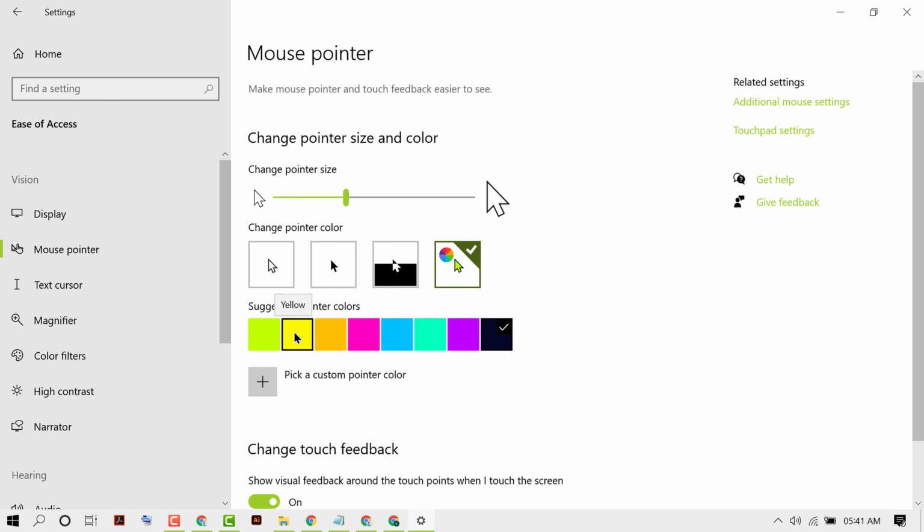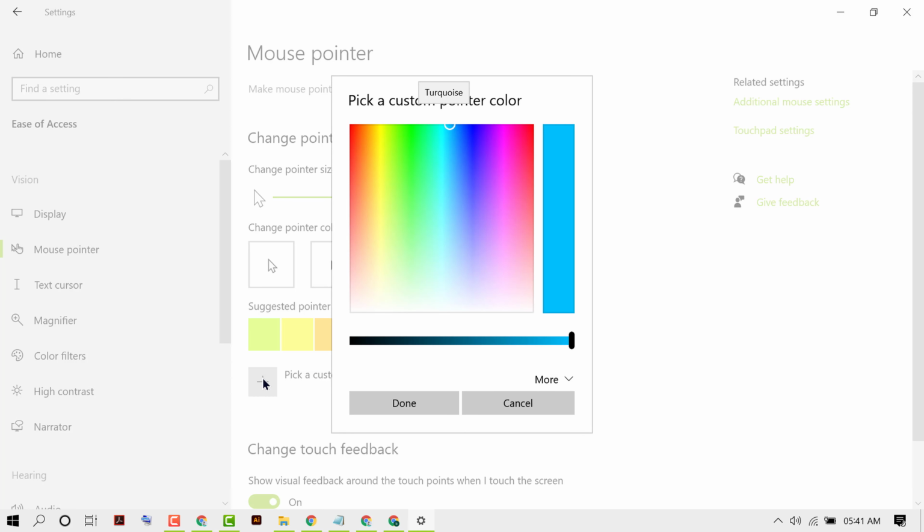and you can set any color like suggested yellow, lime or gold, pink, blue, and also you can set custom color. So click this plus icon and you can select which you like, then click on done,